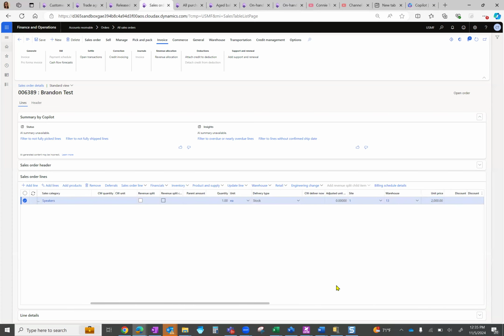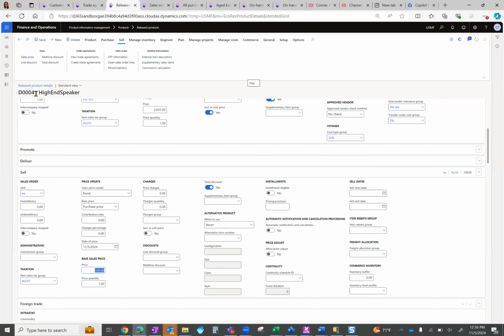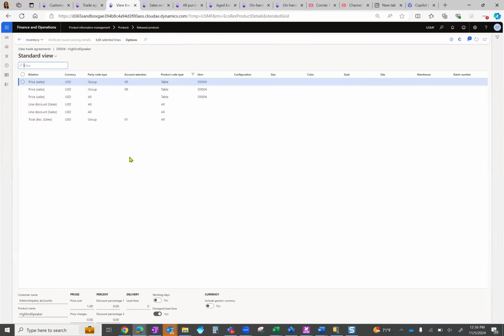Why is that? I found out that there is a trade agreement. A trade agreement is pretty much like a contract with that customer, for example, or for that item, saying we will buy it at this price for this duration of time. So how do we check that? What you want to do is go to released product and that high-end speaker. Under sell, you're going to click on view trade agreements to see if there are any contracts overriding our base price. And as you can see here,